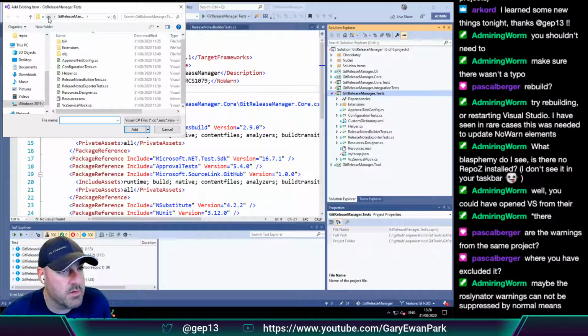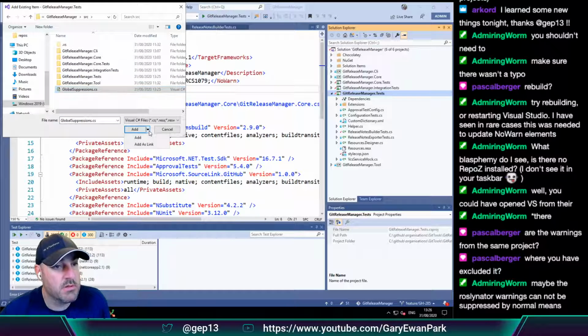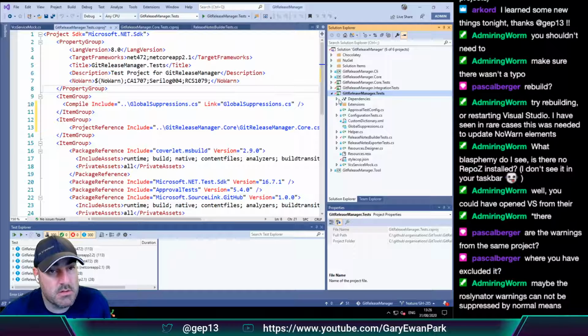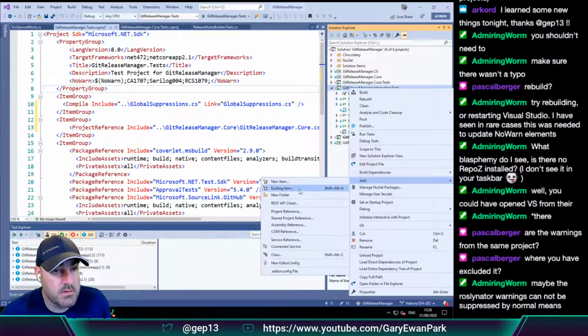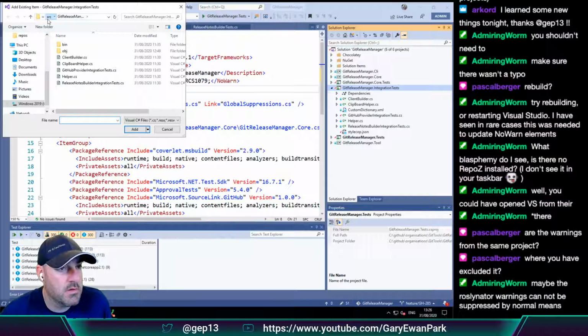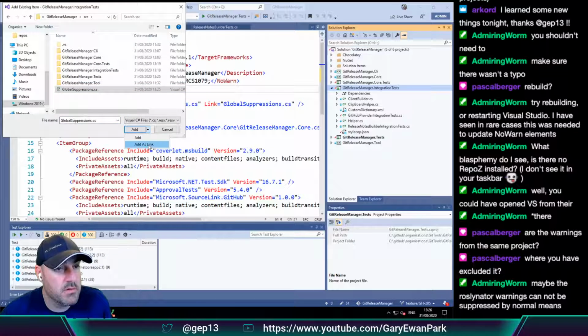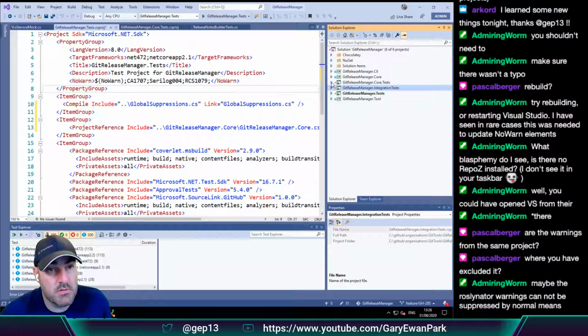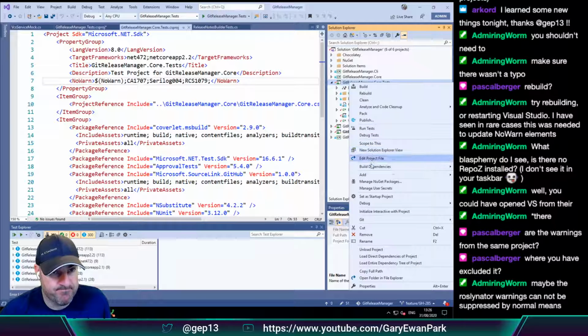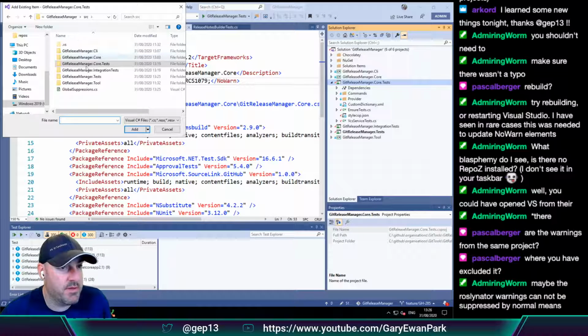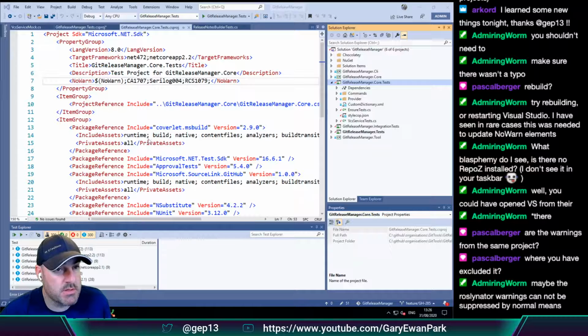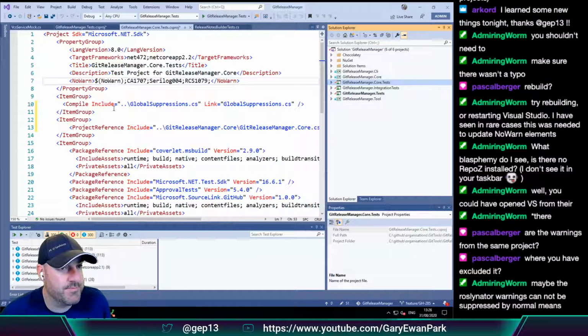Let's go up to here, add as link, and then this one, add existing item, up a level, add as link, and then this one, add existing item, up a level, add as link. Beautiful. Okay, save all of those things.